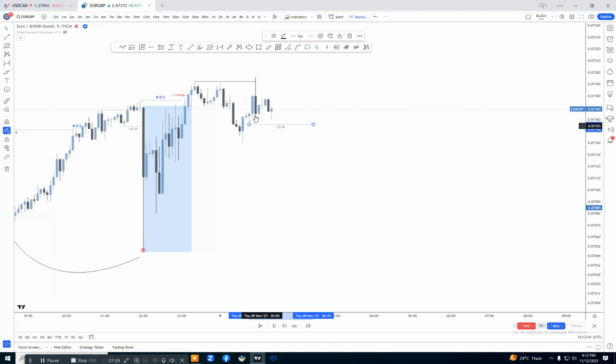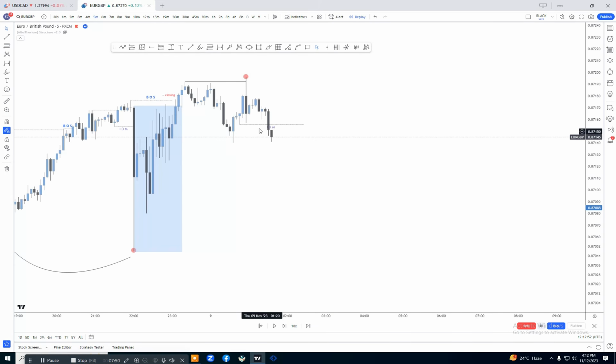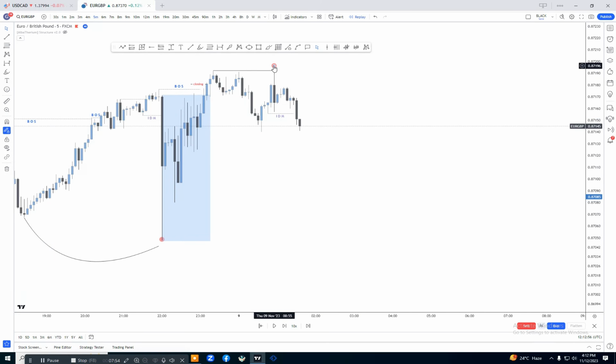If the market takes out the inducement, our higher high will be confirmed at this point. Then this whole move will act like a single leg move for us. Let's see what the market has done. If we see here, the market has successfully taken out the inducement at this area, so our higher high will be confirmed here and this will be our lower low.